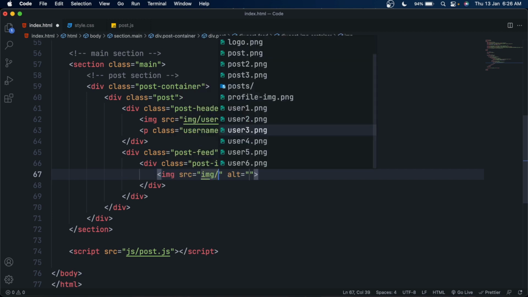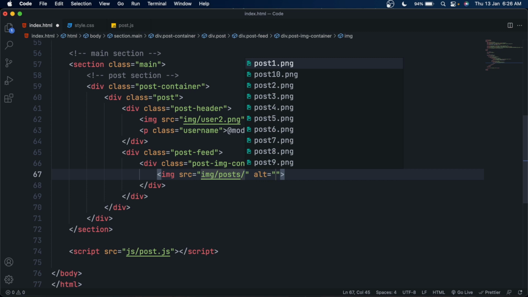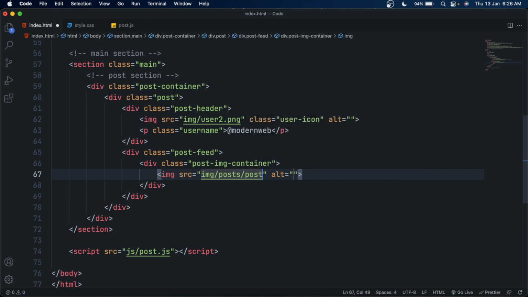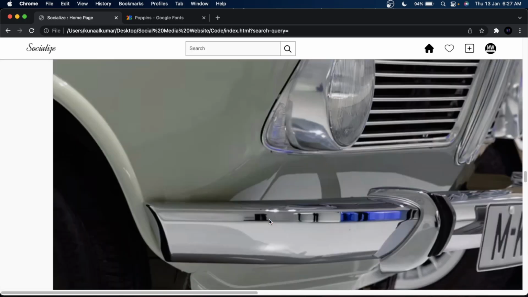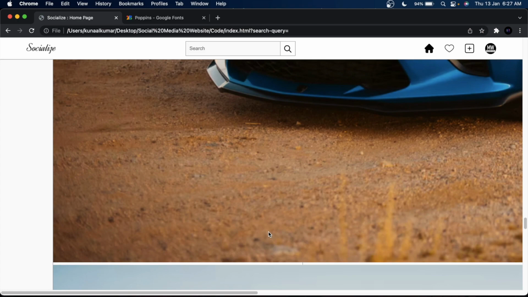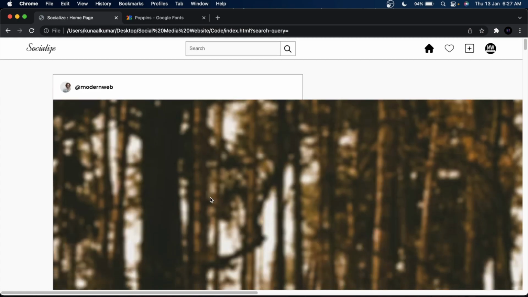So this post image container will contain the images of our posts. We'll also have some carousels in upcoming videos, but for now just make two or three images and give them different sources. We're not going to make the carousel in this video, but we'll of course make it in later videos.